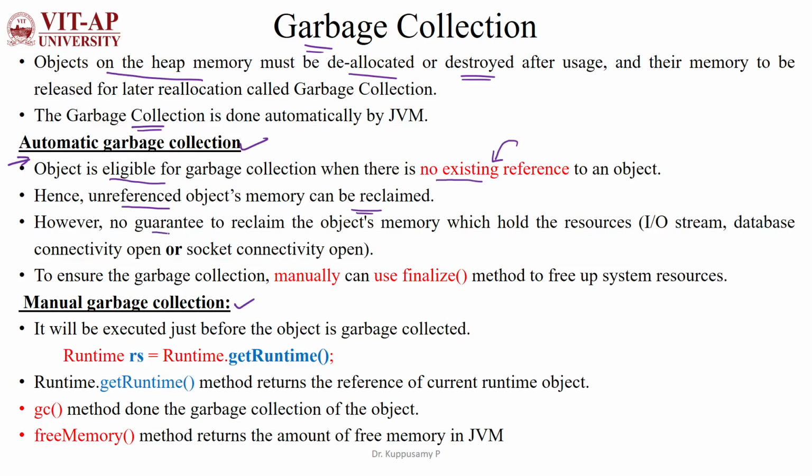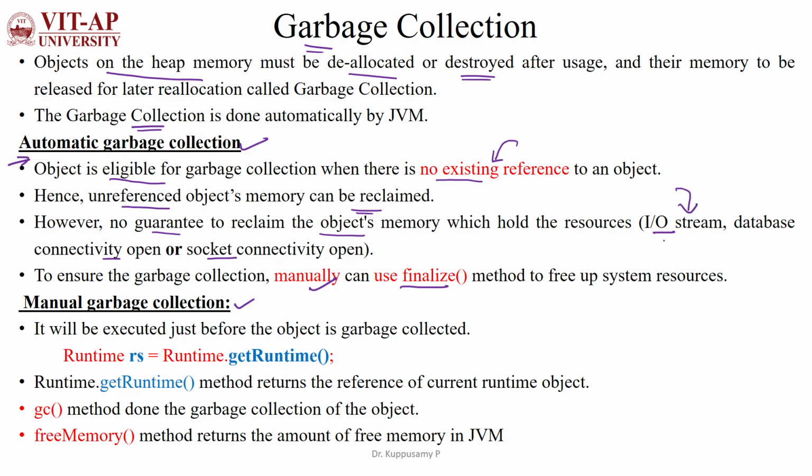However, there is no guarantee of reclaiming the memory of objects which hold resources such as IO streams, database connectivity, and socket connectivity open. To ensure this, the user can apply the finalize method manually to collect the memory space occupied by